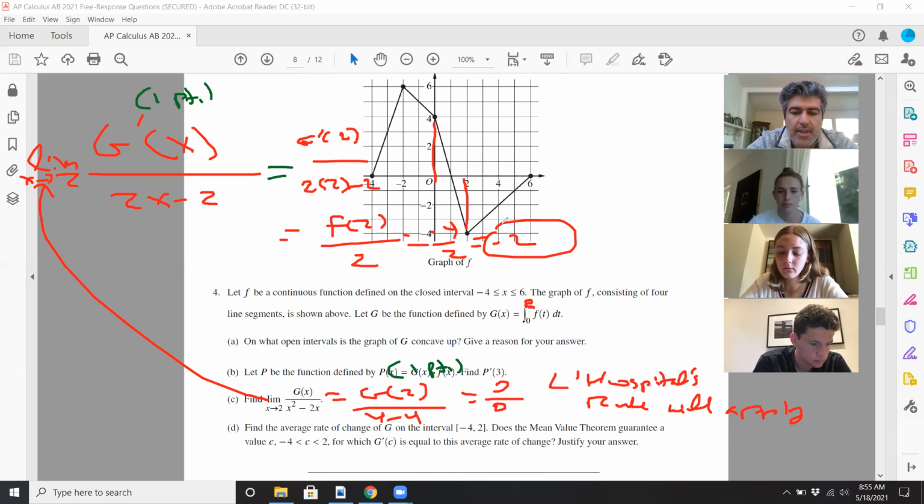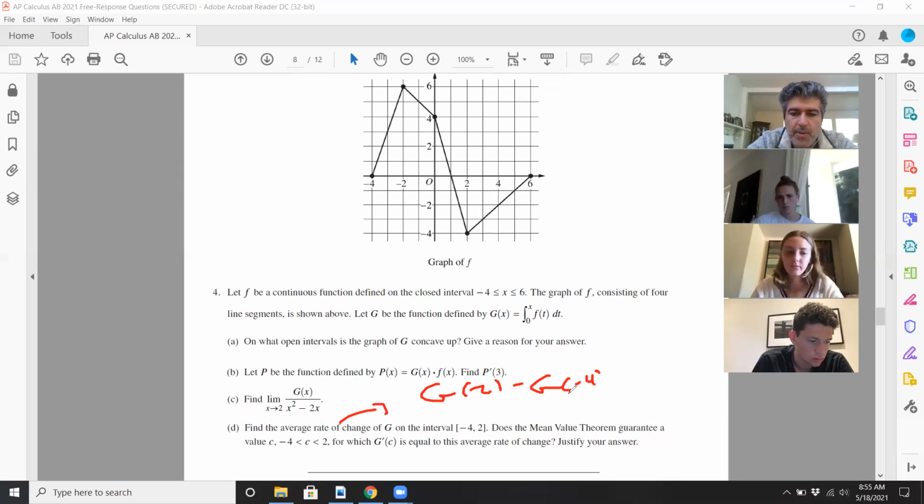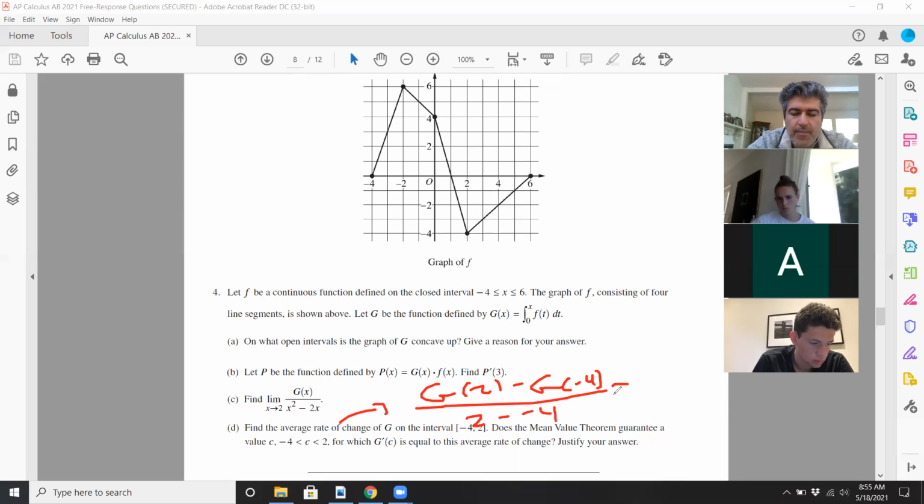All right. Lastly, let's look at part D, and then we'll do another problem. So find the average rate of change, and then does the mean value theorem guarantee that you'll find some value C, with C being an x value between negative 4 and 2, such that G prime equals the average rate of change? Okay, so go ahead and find the average rate of change, which is going to be G of 2 minus G of negative 4, so you're going to have to do some more integral work, over 2 minus negative 4. And then make your statement